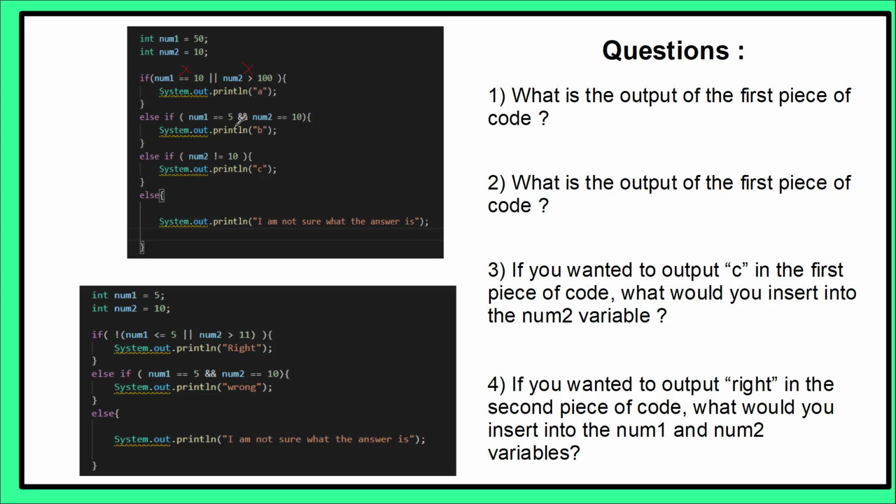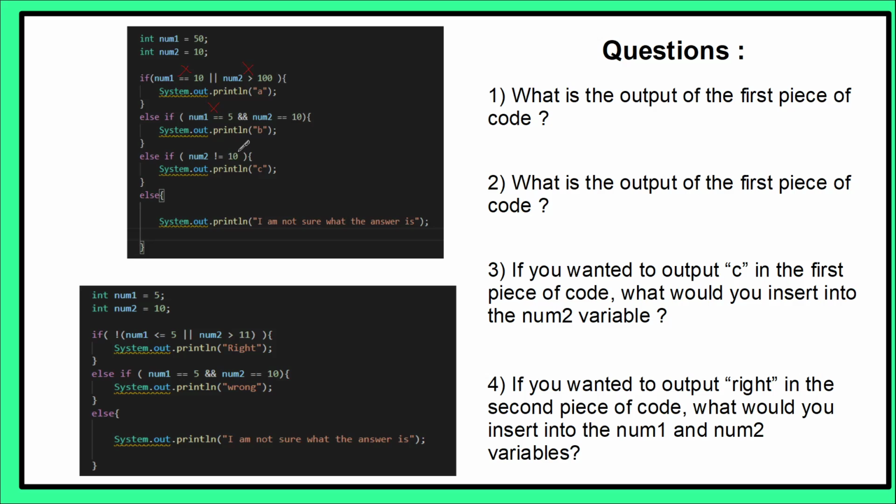So this one has an AND operator, so that means that we need both of them to be correct. So if we look at number 1, is number 1 5? No, so that means we can move down to number 3, our else if. So here it's saying